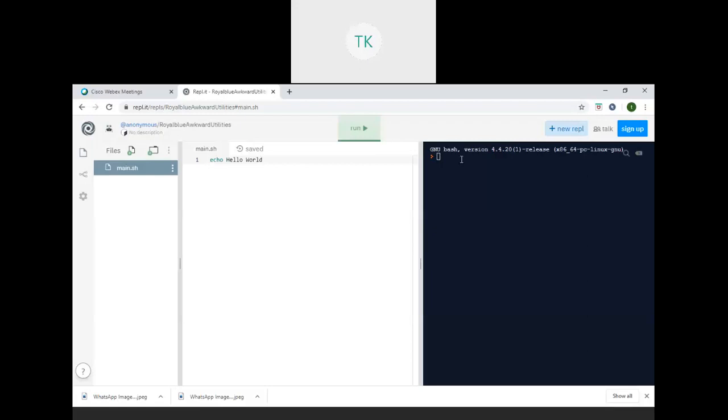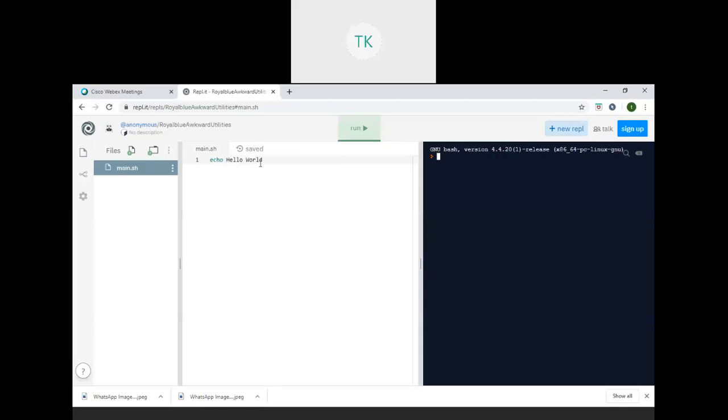GNU means it is a free Linux foundation. This free foundation group has released this particular bash. It is free and open source. So we can run whatever program we typed here.